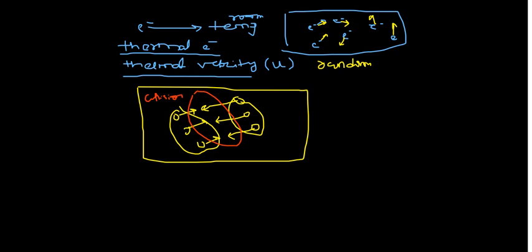We know that in an elastic collision, energy is conserved and momentum is conserved. After the collision, what will happen? This electron moves in this direction, similarly this electron moves in this direction, this one in this direction, and this electron will move in this direction. It means that if three electrons move in one direction after the collision, then three electrons must move in the opposite direction. As a result, the net motion of the electrons will be nullified.